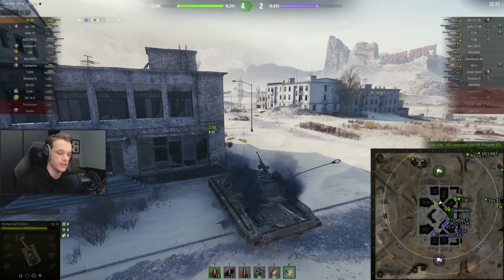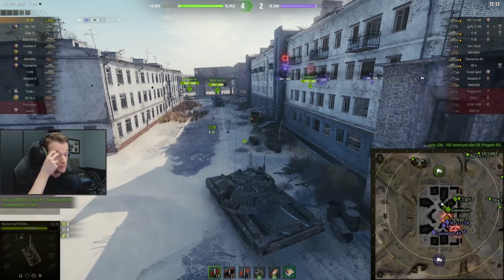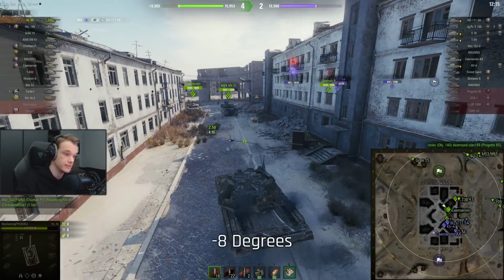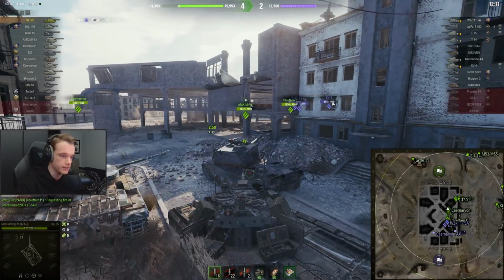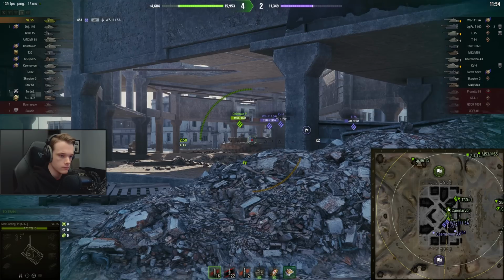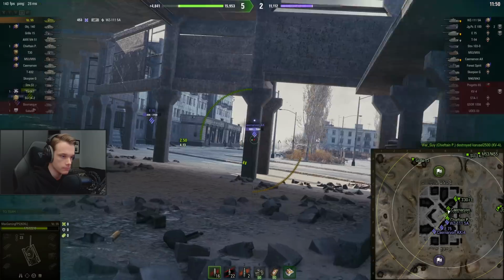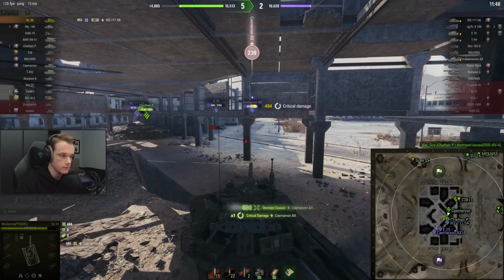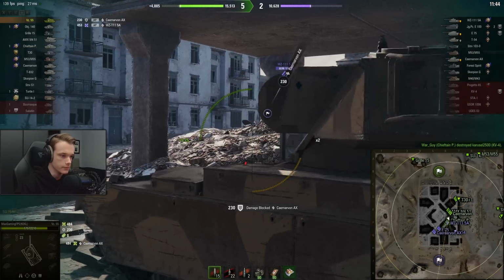Oh man, I'm just out the game at the moment. I can't do anything. How much gun depression does this get? It feels like I have to expose so much of my tank just to be able to shoot something. Oh well, I'm gonna cross. I take one from this guy maybe. And we give him one in return anyway, so...